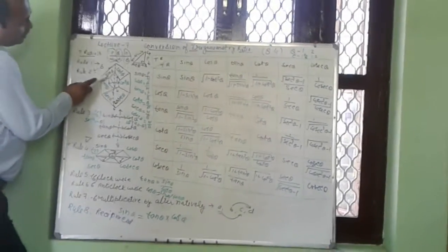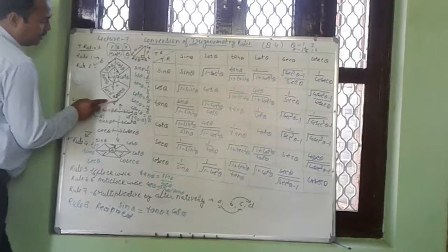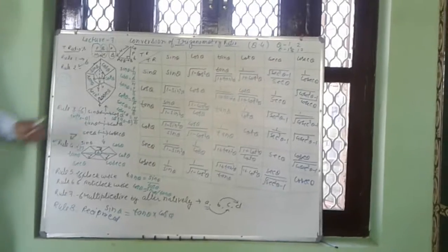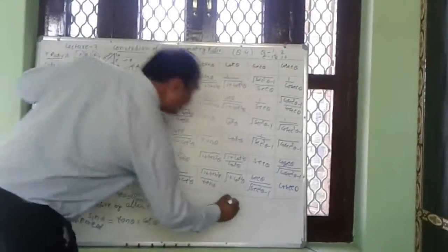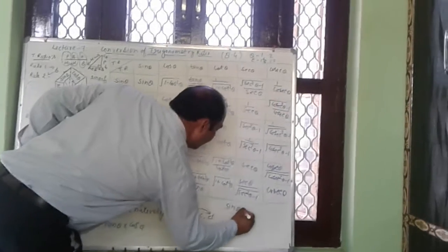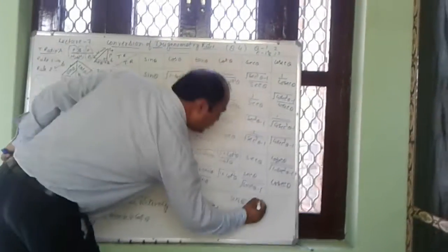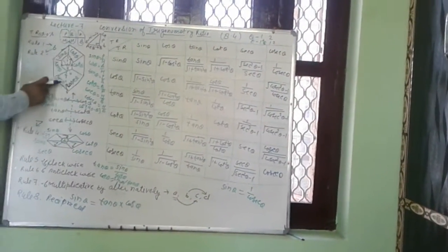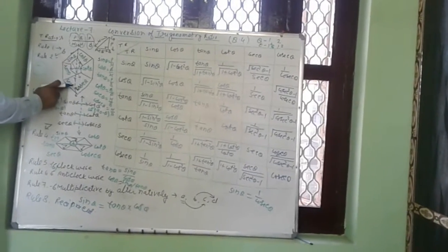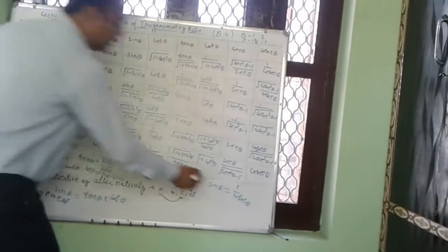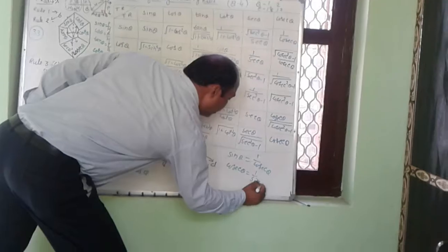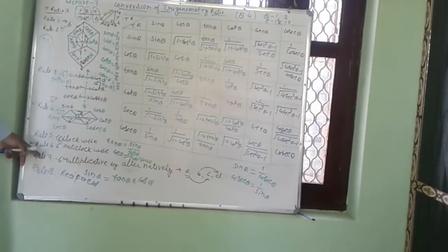Now reciprocal, just opposite. This sin theta is opposite to cosec theta. Tan theta is opposite to cot theta. Sec theta is opposite to cos theta. So suppose here is sin theta, its opposite is cosec theta, so it means 1 upon cosec theta. We can write cos theta is opposite to sec theta, this is 1 upon sec theta, or similarly cosec theta is equal to 1 upon sin theta also we can write. 6 formulas come from here.